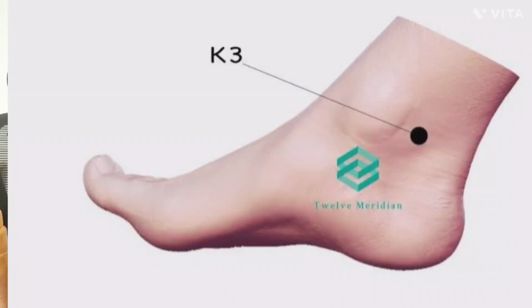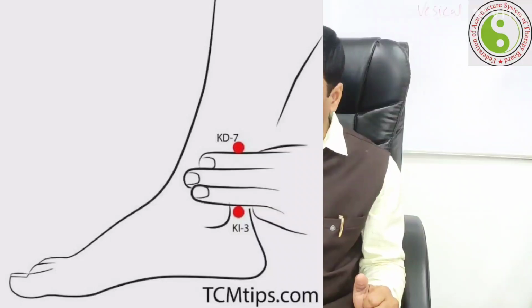If you want to strengthen the kidneys, activate on time, particularly according to the circadian cycle, according to the biorhythm of the organ clock theory. You can use 2 points to strengthen the kidney at morning 6 a.m. Those points are known as K3 and K7. Both points can be activated at that specific time to strengthen the renal system. Hopefully you understand this point. Let me show that practically also.